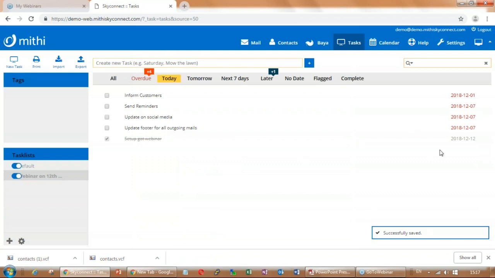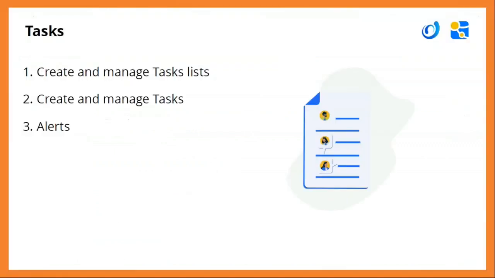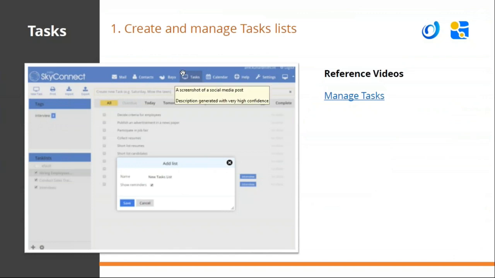Automatically those will be removed from the list, and you can see the status over here. Even the mails, as I showed you earlier, can be saved as tasks, and they will come in this task list. This is a new application which is available under Baya V3. So we have covered how to create and manage task lists.